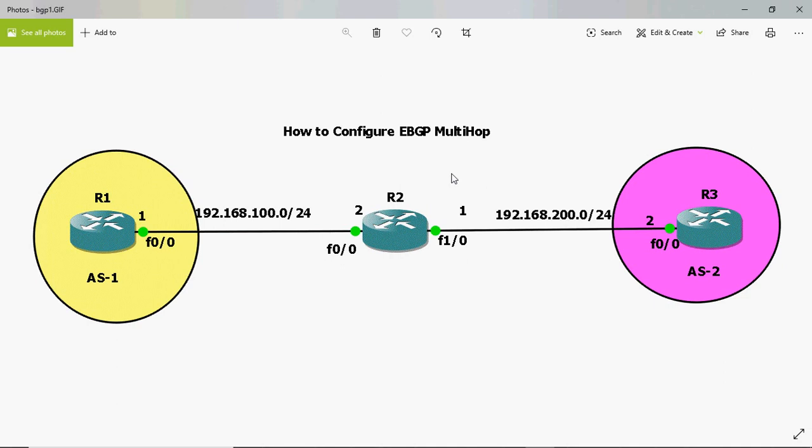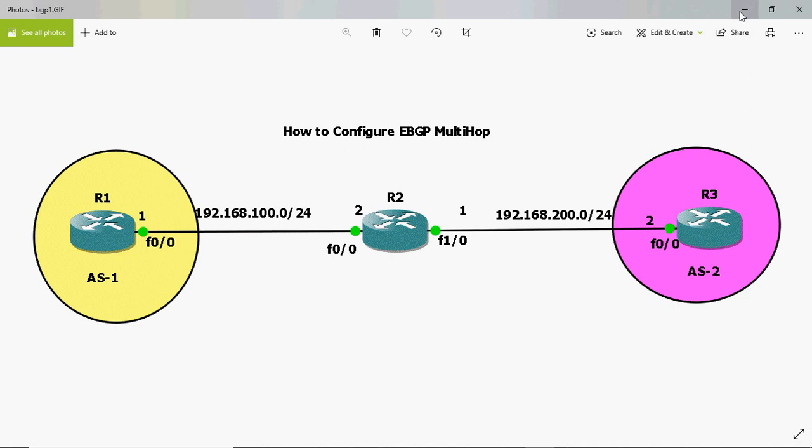So when the R1 router tries to reach the R3 LAN network, the packet will come to the R2 router. The R2 router doesn't have any idea where to forward this packet, because R2 does not learn any LAN network of R1 and R3. So this is a poor design, a poor idea. So we don't configure like this.